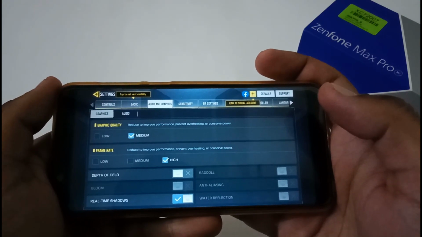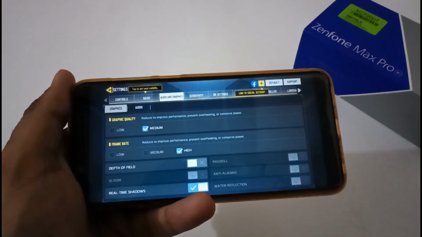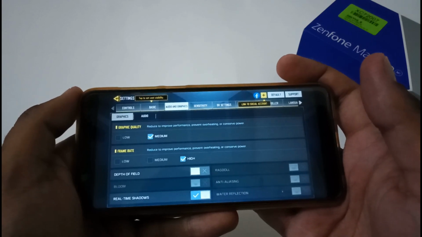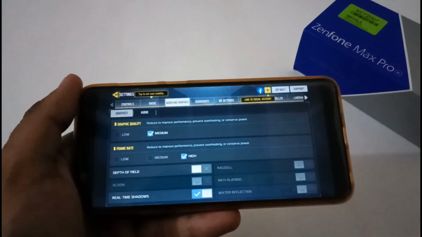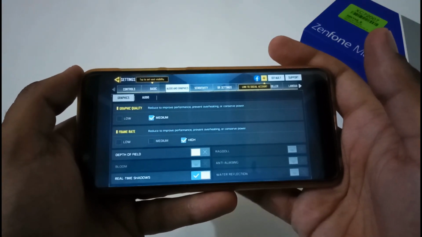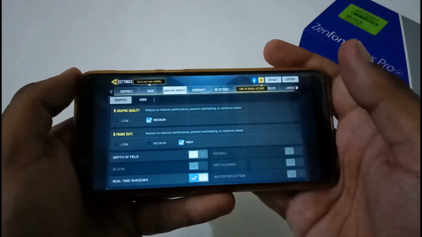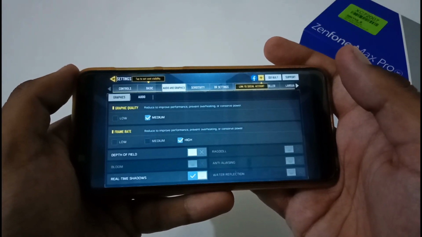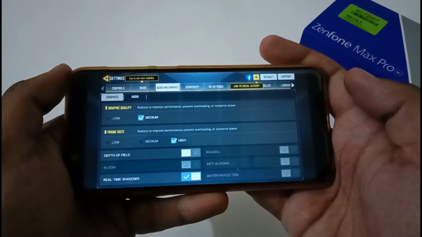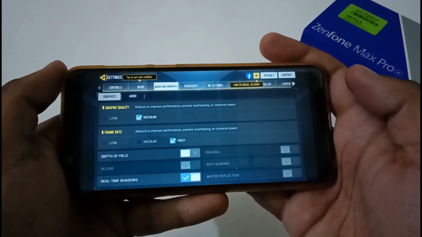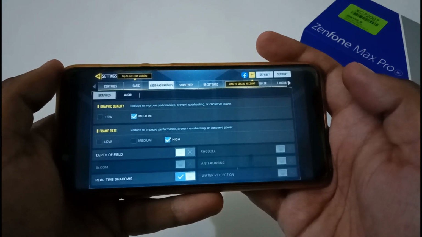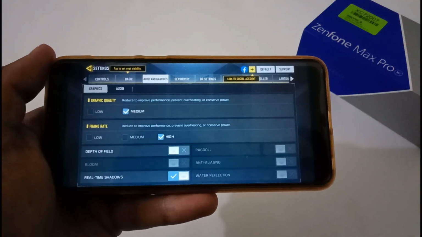I did an analysis of nearly 1 hour of gameplay. During 1 hour of gameplay on Android 10 beta 4, the battery consumption was nearly 15 to 16%, and temperature readings were 36 before starting the gameplay and 40 as soon as I completed 1 hour of gameplay. On Android Pie 087 stable version, again I did 1 hour of gameplay and the analysis was like this: 19 to 20% of battery was consumed over 1 hour of gameplay, and temperature readings were the same, 36 before starting the gameplay and 40 as soon as I completed the 1 hour of gameplay.